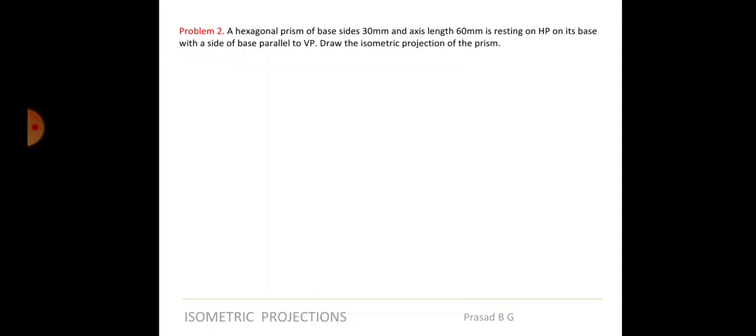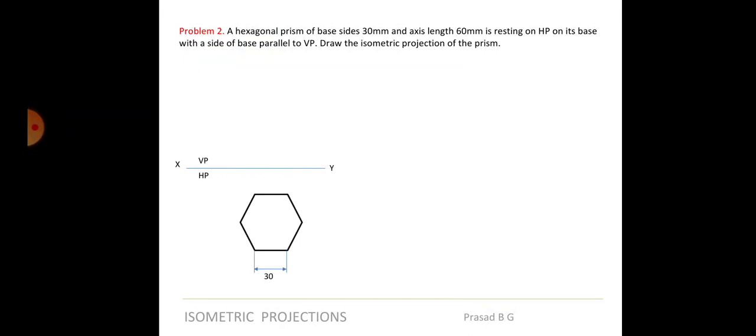Even though your drawing may be right, because isometry is just a view that you're drawing, still, as per the question, what does this condition mean, one of the sides being parallel to VP? How should I start the drawing, in edge condition or in corner condition? You need to ask, because one edge should be parallel to VP. If I start in edge condition, will that edge be parallel to VP? None of the edges of the hexagon will be parallel to VP if you start with edge condition, right?